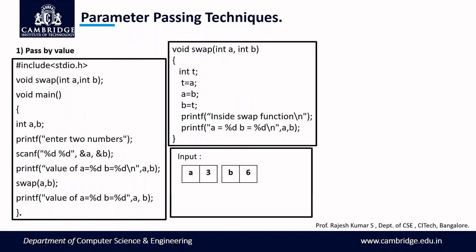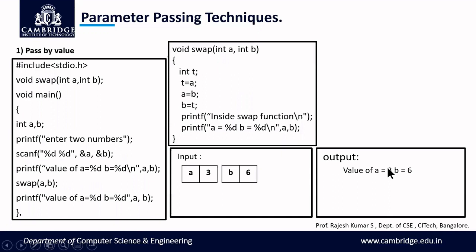This is happening inside the main function. I'm printing the values of a and b inside the main function. You can observe that the value of a is 3 and the value of b is 6 has been displayed on the monitor screen. Next, I'm going to call the function. Now, when I call the function swap(a, b), a and b are the actual arguments or actual parameters. This is the called function. From here, the control will be transferred to the called function.